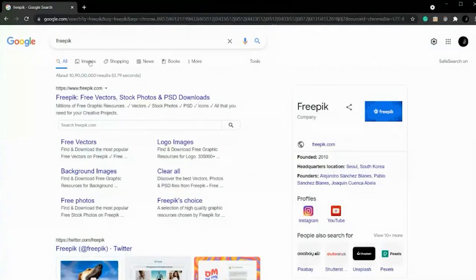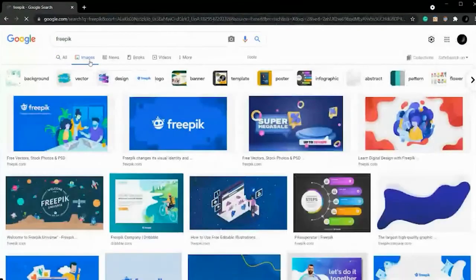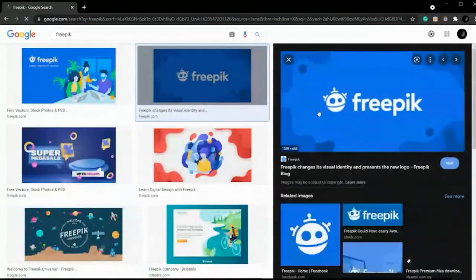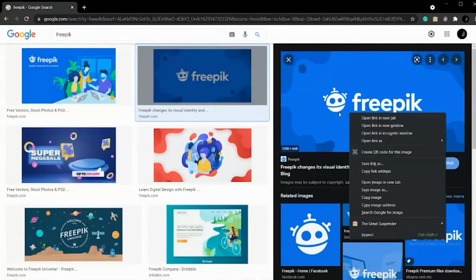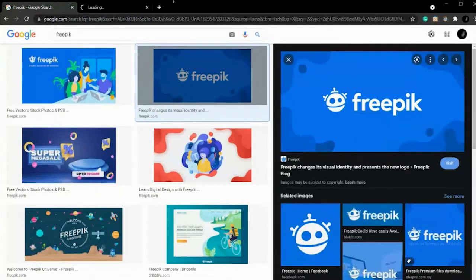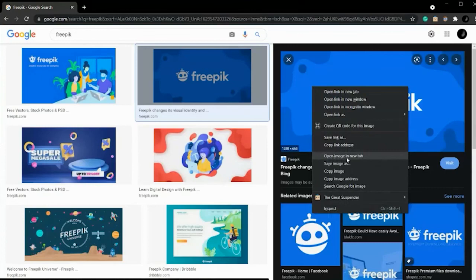Also what you can do is select an image from online, and for example this is 1280 by 668, so this is good enough. So right click, open image in new tab.